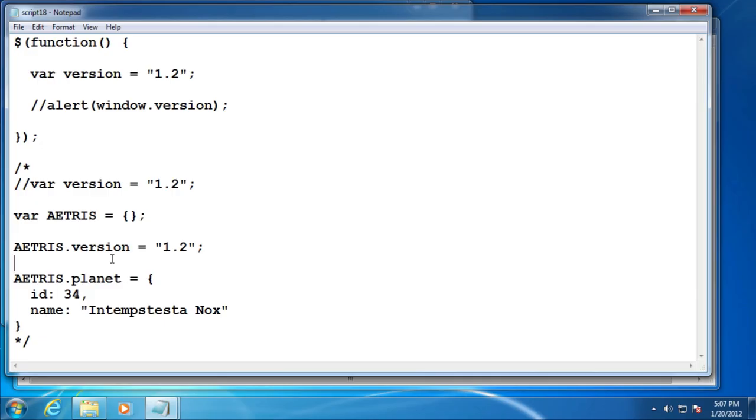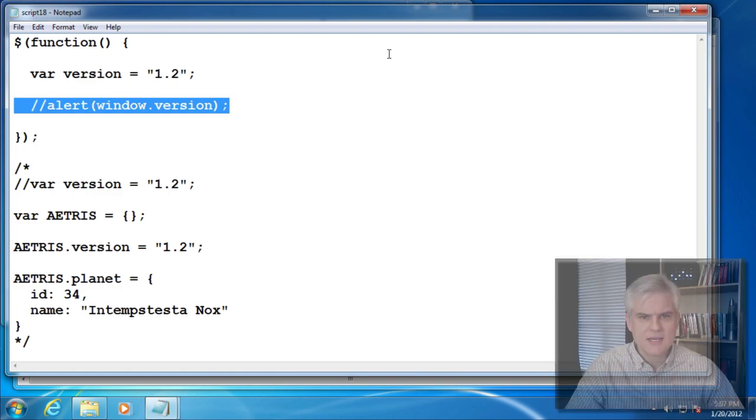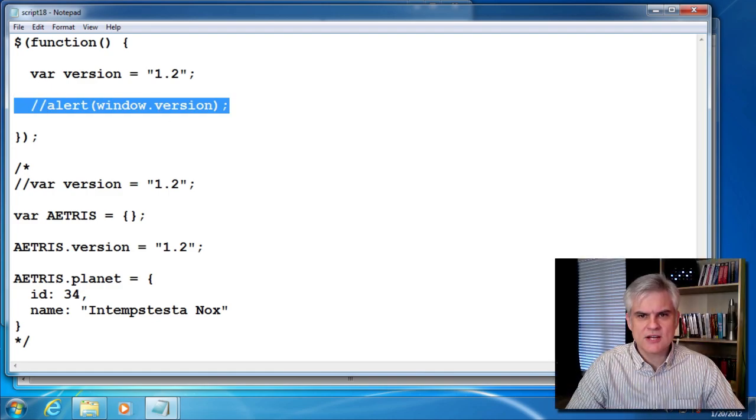But for most of my simple examples, I won't be creating my own namespace. I'm just going to be putting my code inside of jQuery's ready method. If I'm working on a larger application that involves more complexity and more developers, then I'm going to be thinking more seriously about having a strategy involving one or more namespaces. Now, ideally, just one namespace. Any more namespaces than that, I'm going to potentially be colliding with other libraries or code that my